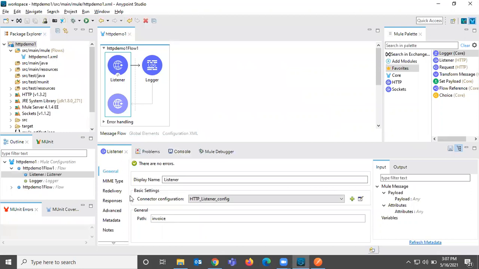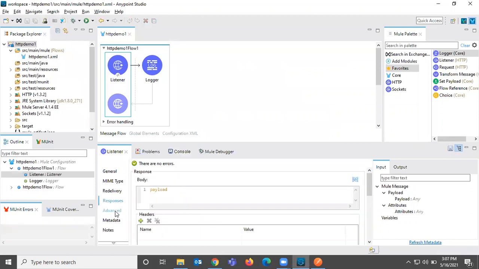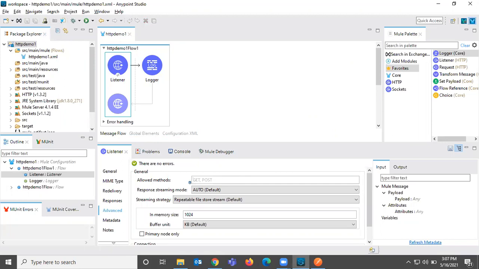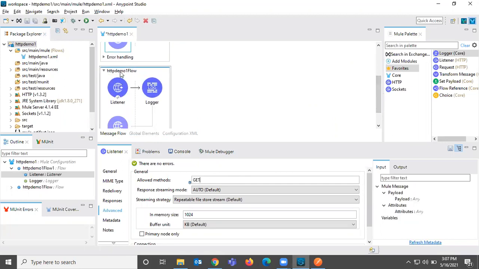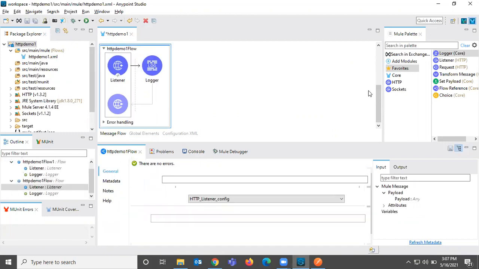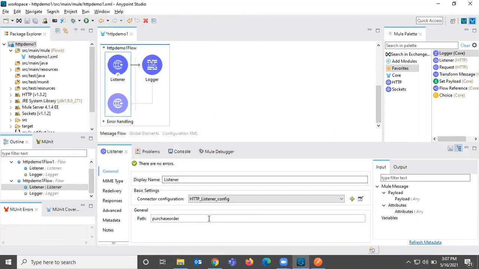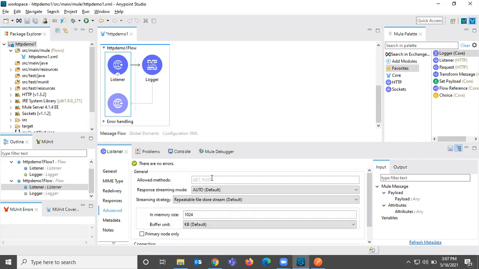This is the get operation, and in this one, let's say this is also invoice, and in advanced methods we can say it is post.